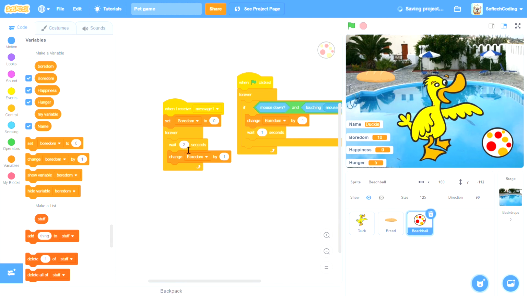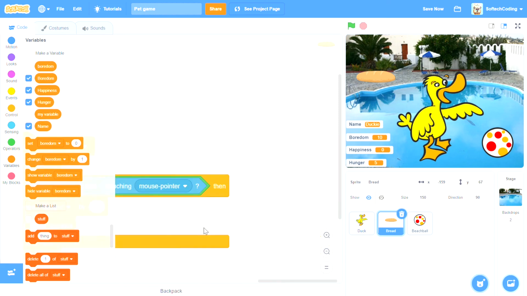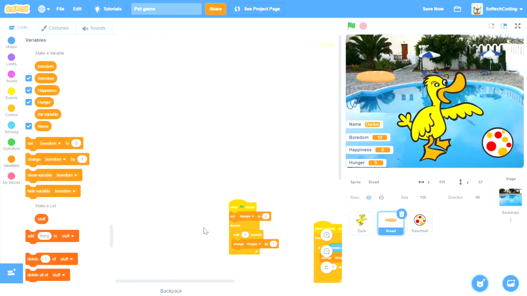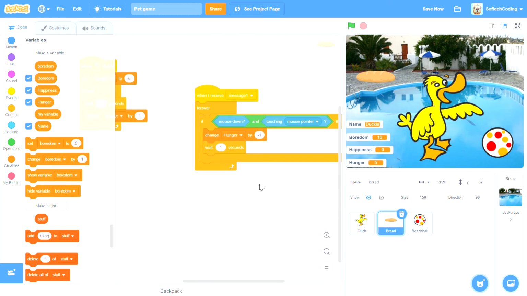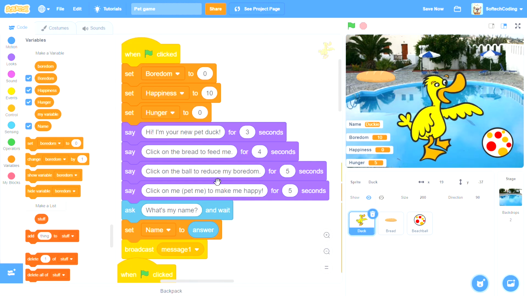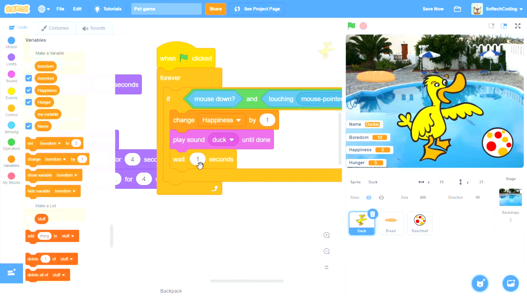I think we need to reduce the amount of time that you have to wait before clicking it again because that was really hard. So we can reduce the amount of time that you need before you can click on it. So where's the clicking thing for the bread? Oh, it's right here. Wait 0.2. And here. Where is it? Here. Wait